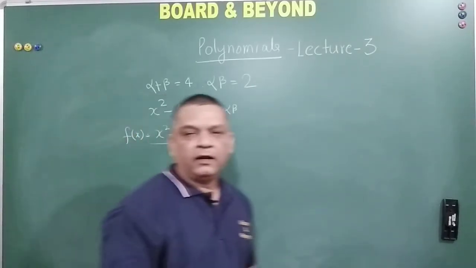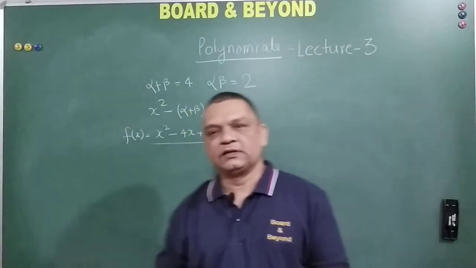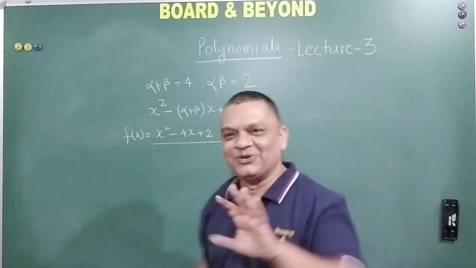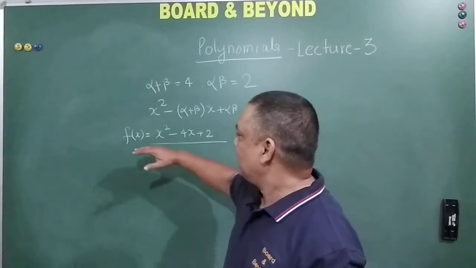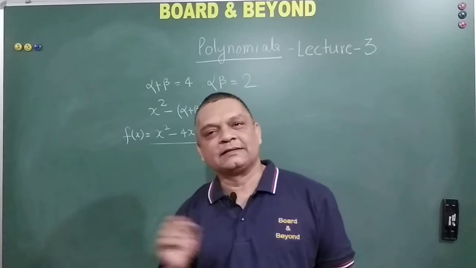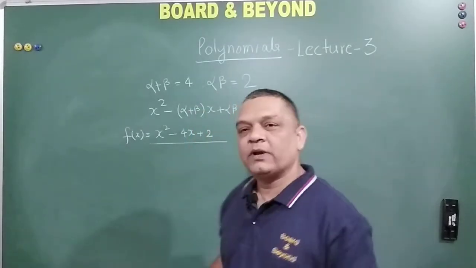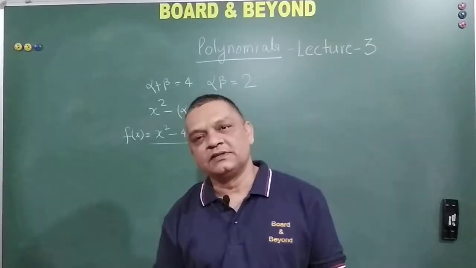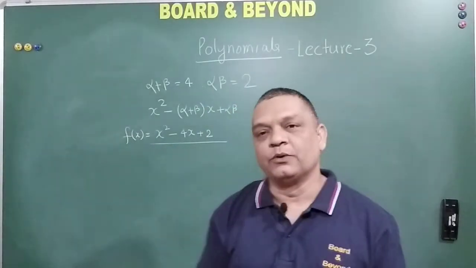Correct? Now, this was not a simple question, I'm sorry. It was a pretty difficult question to solve and to formulate the quadratic equation. Let's say in the examination it has been asked for 5 marks, and you are expected to verify the relation between the roots and the coefficients of this quadratic equation as well. So what do we do now?